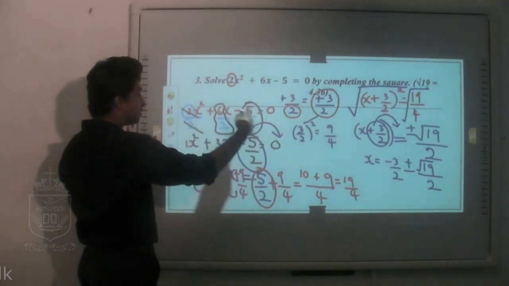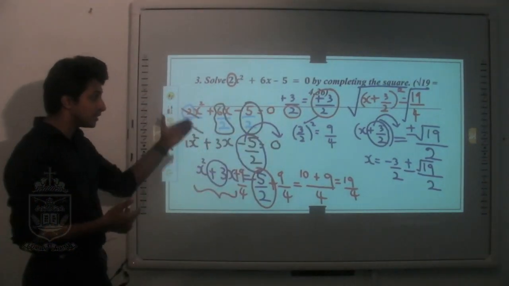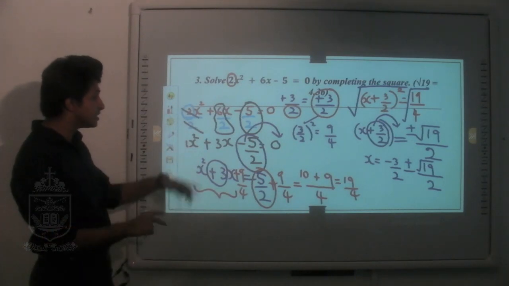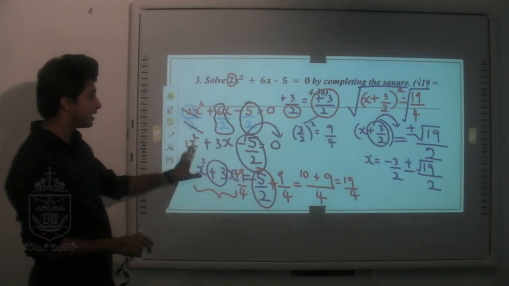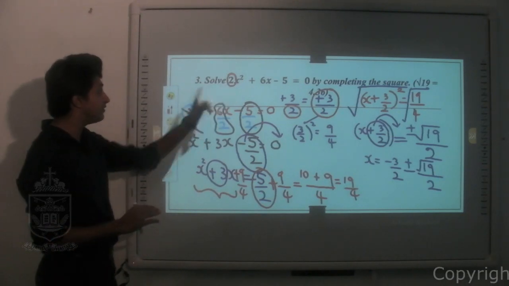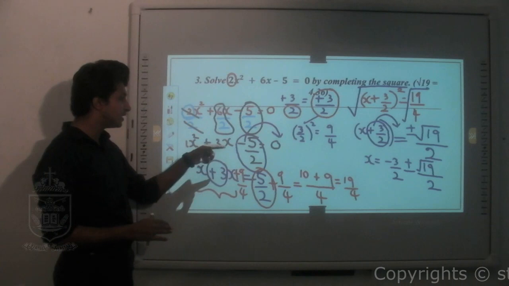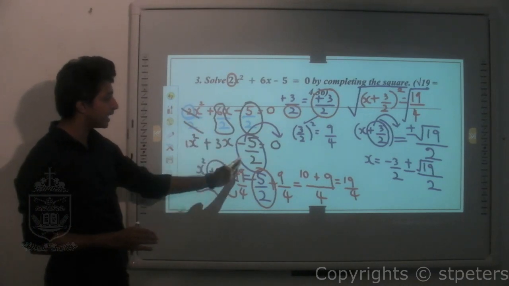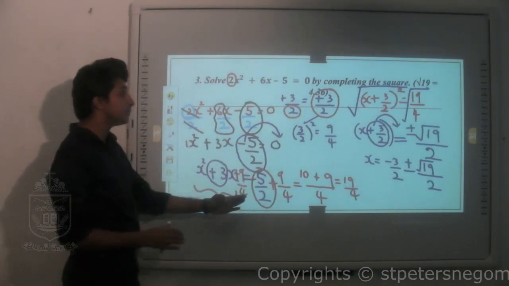Before that I'll have to erase it. Check whether you understand this part, where first I have to keep x squared as a number with 1 as the coefficient. So take the value in front of x and divide the entire thing. Then I took it into this step. Then I take minus 5 over 2 to the other side.